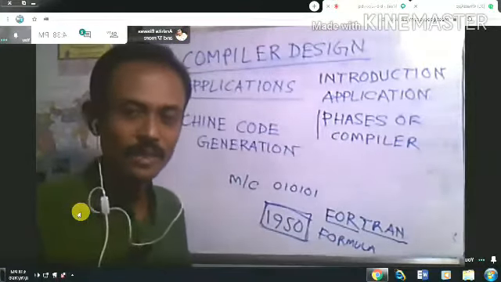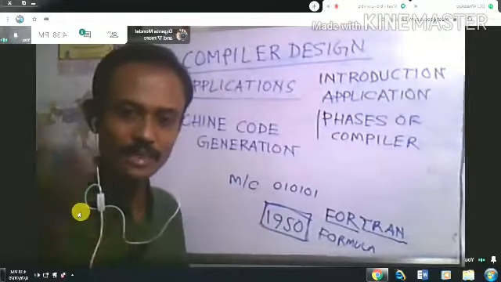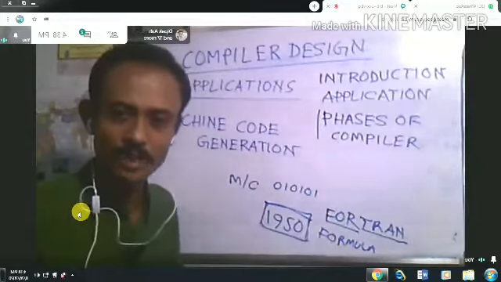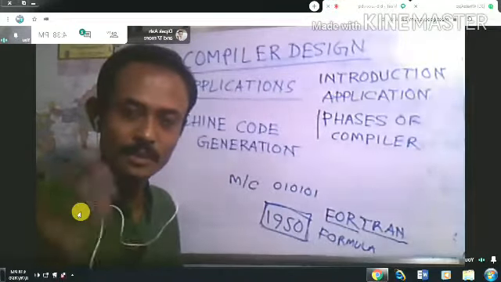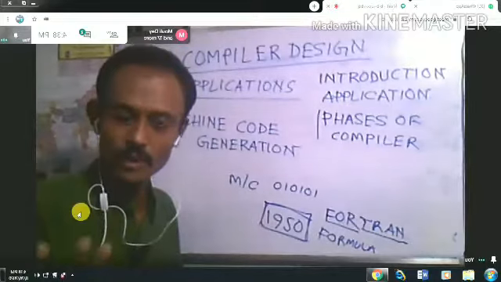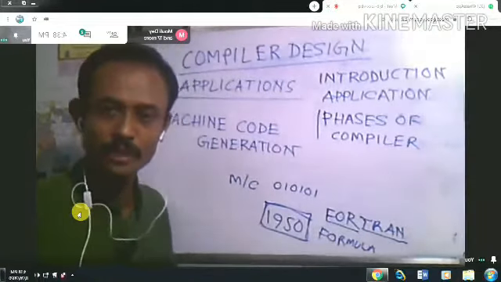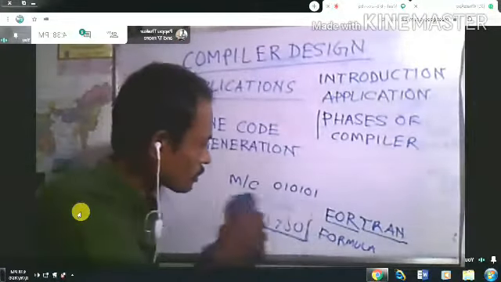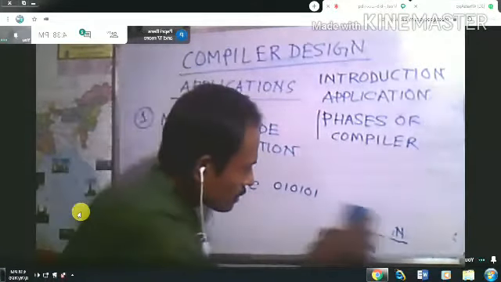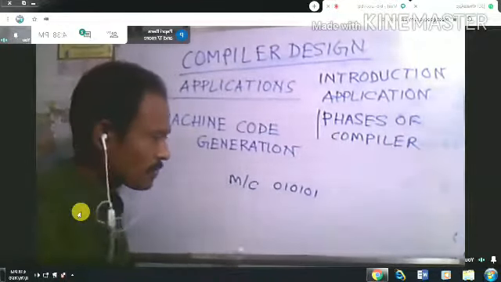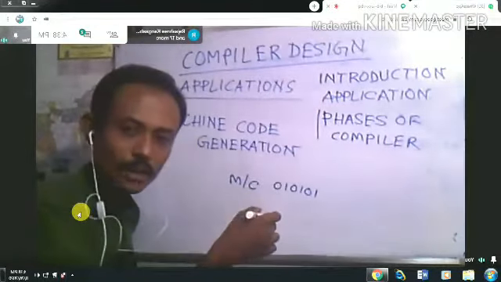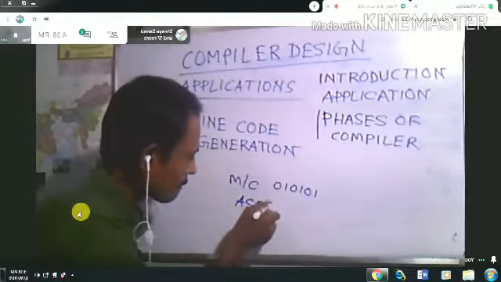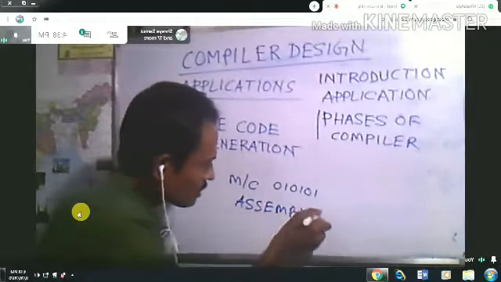You can imagine how complex that is. Nowadays you write a very large program with just 10, 15 or 20 lines, but if you had to convert those into machine code, just imagine how terrible it would be. So this is the machine code that the computer actually understands. Then, to simplify these things, the next level is called assembly programming.